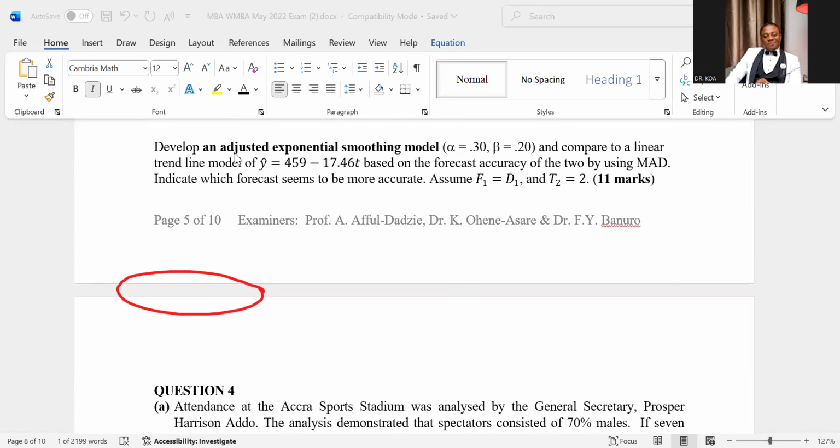Period 2. No. If T2 has been given to you, then you have to start from where? Because you are forecasting. 3. You are forecasting for the next period. I want you to let that sink in. So even though that one is plenty, you're not going to calculate for T1 and then T2. So we first have to calculate for T3, the time trend 3.